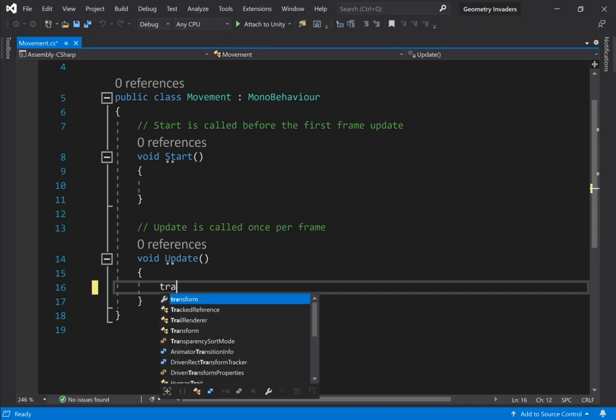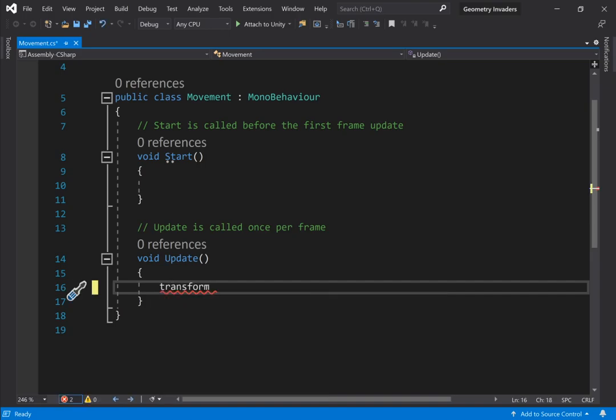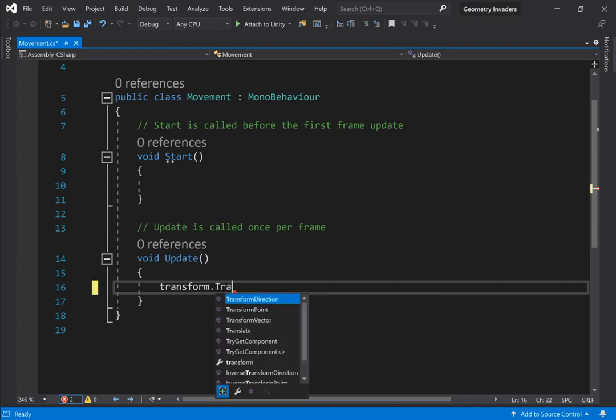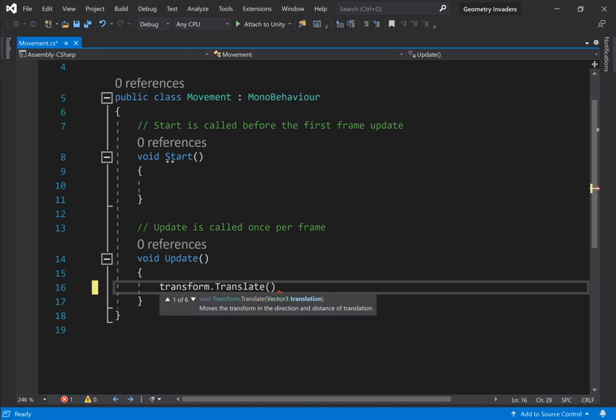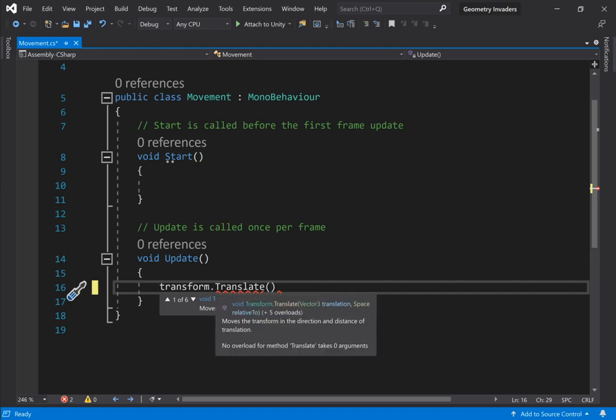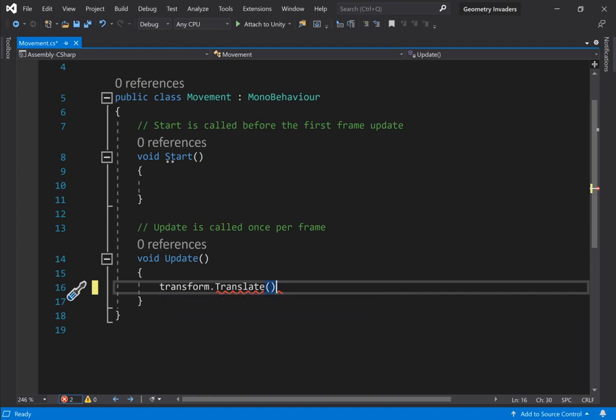I'm going to type transform dot translate. Transform translate, round brackets. Translate has a capital T, so keep that in mind, and then a semicolon. Now inside